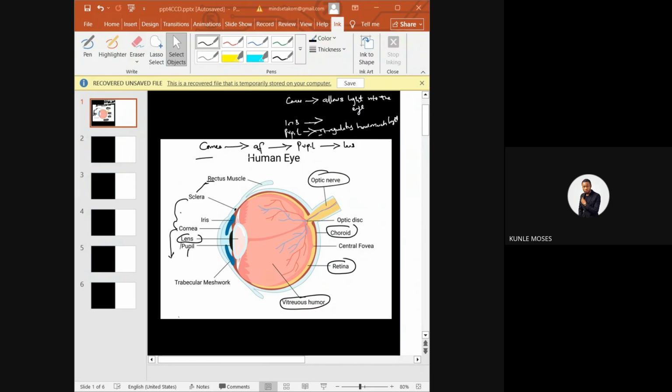But what they can ask under myopia is they can ask you what happens to the eyeball of a myopic person. You can say probably a guy was unable to see a long distance object but can see a short distance object. What is wrong with the eyeball? The eyeball is too long. One, that's maybe the cause, or probably the lens focuses the light in front of the retina instead of focusing on the retina. So if it focuses in front of the retina, it will only be able to see very near objects and not far objects. Is that taken? So that is myopia.